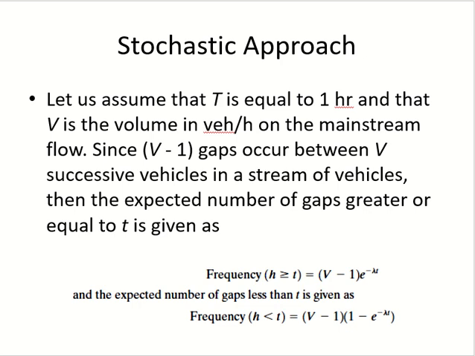Got it? And obviously if this is for acceptable gaps, then for the reverse it is 1 minus that, the probability for not acceptable gaps. When you multiply by V minus 1, it becomes frequency. If you don't multiply, it is percentage, probability, chance. We multiply this with the total number, so we know in total how many times it will happen. Clear? Any question?